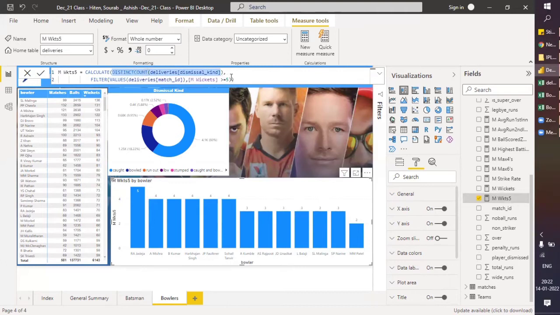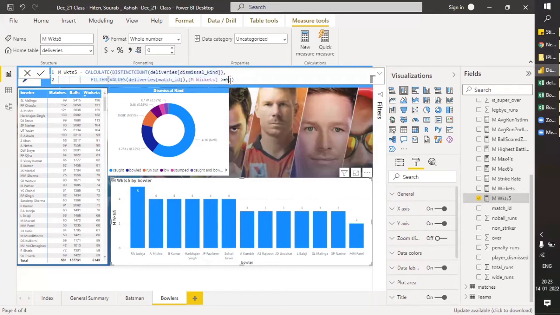Then again it will apply the filter. It will check that in that particular match ID the total wickets is more than 5. Then it will check in the match ID column in the delivery table the number of wickets taken by the bowler.